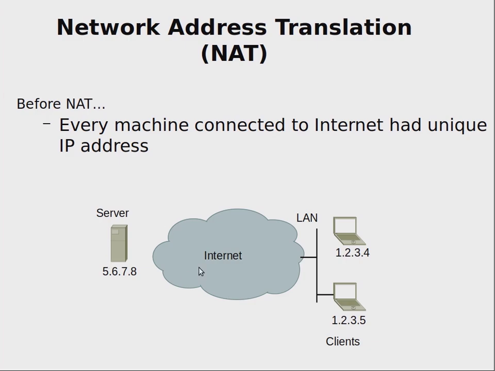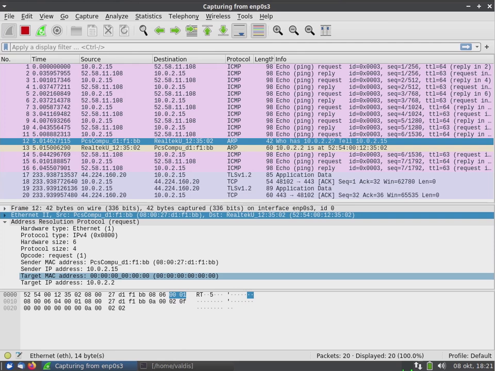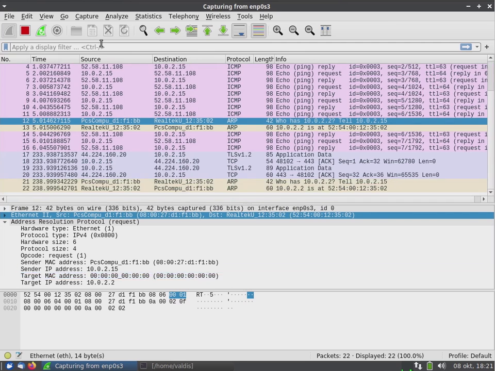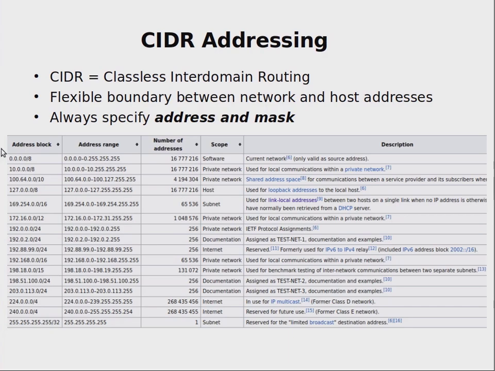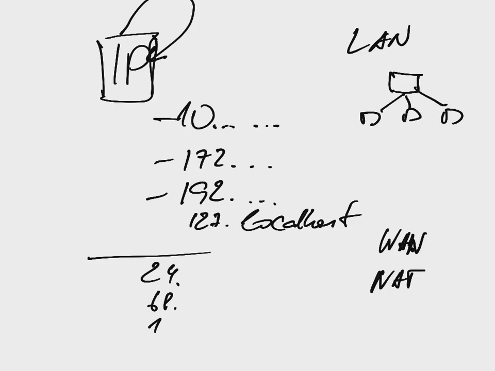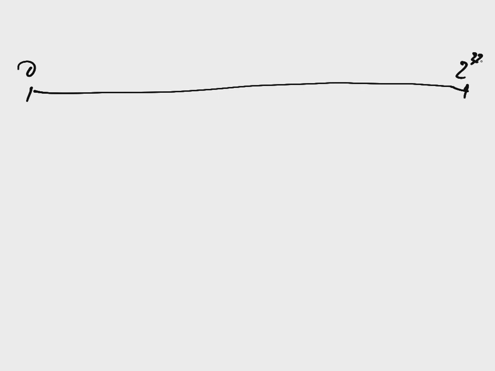When you look at the entire address space, there are different kinds of windows reserved only for local area connections. If we show them on a number axis, here is 0 and here is 2 to the power of 32.